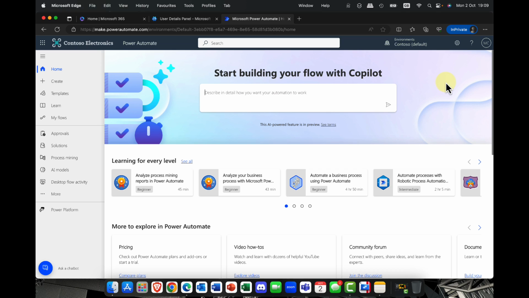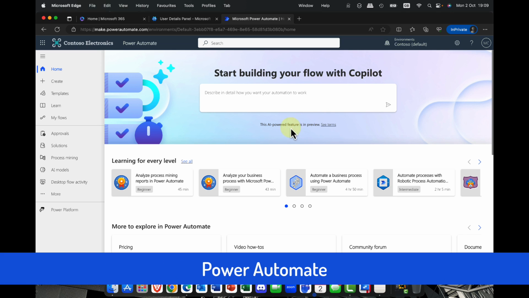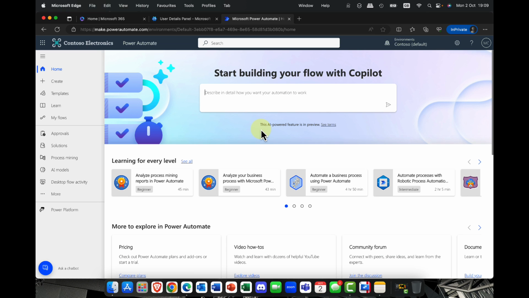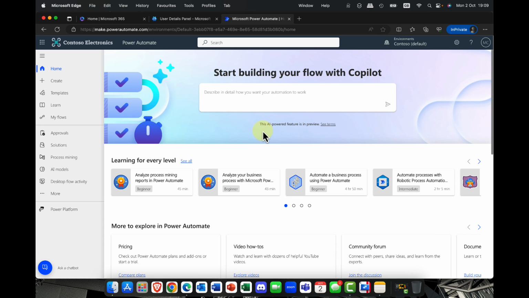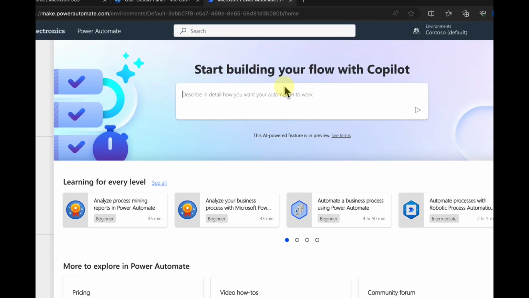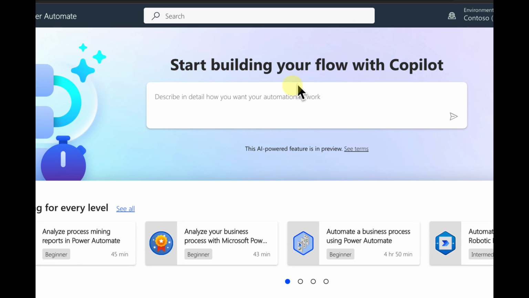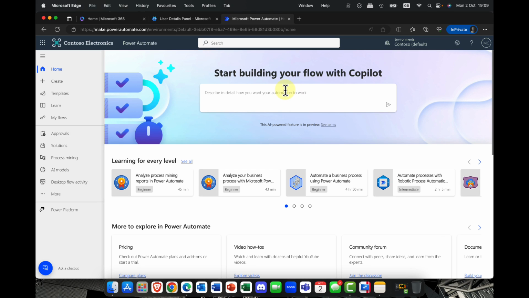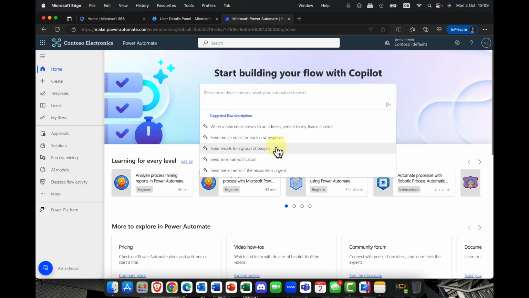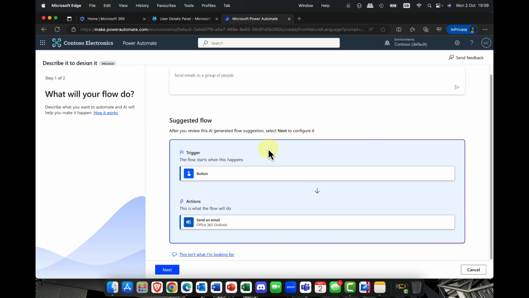apps. Up next, I'm going to take a look at Power Automate. And Power Automate is just one of those tools. Some people either love it or some people find it quite tricky to use. So as you can now see, it's now fully incorporated into Microsoft Copilot. So you can even just describe what you're looking for. And you can see that Microsoft do make an attempt to create some simple options. So for example, send emails to a group of people. Easy. So can you create the automation for that?